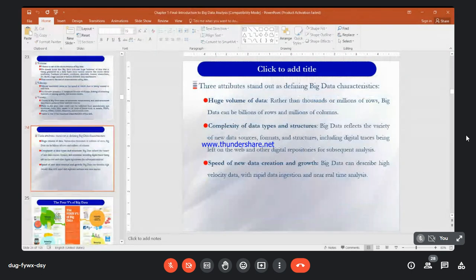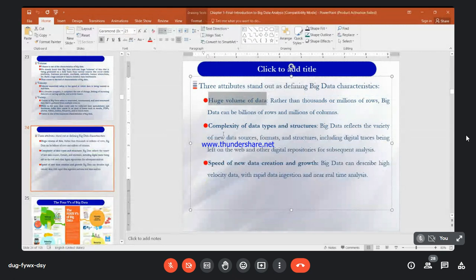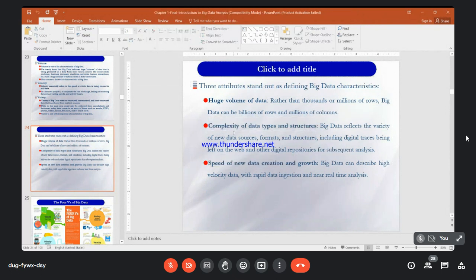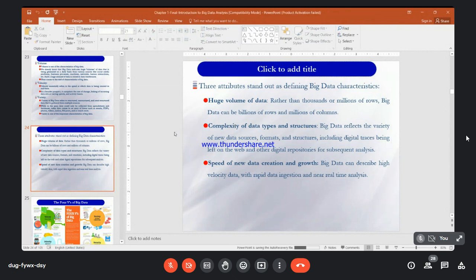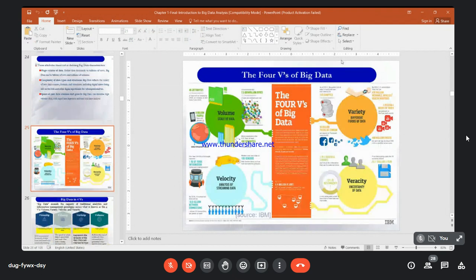Huge is the data volume. Data complexity, type, structure is the data nature. Speed is the velocity of the data. Complexity is variety. And the 4V nature includes the 3V plus 1V, which is veracity.